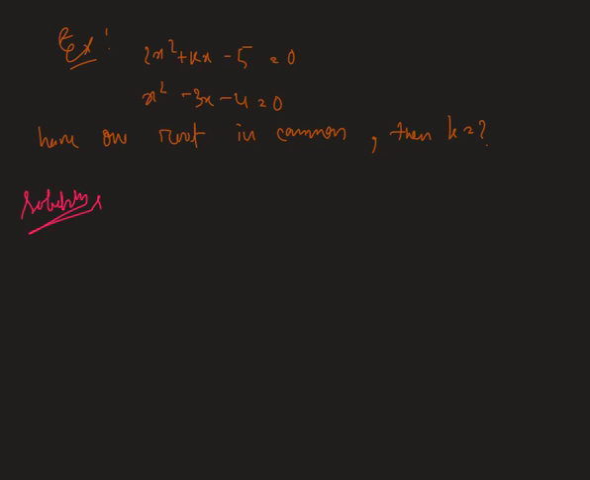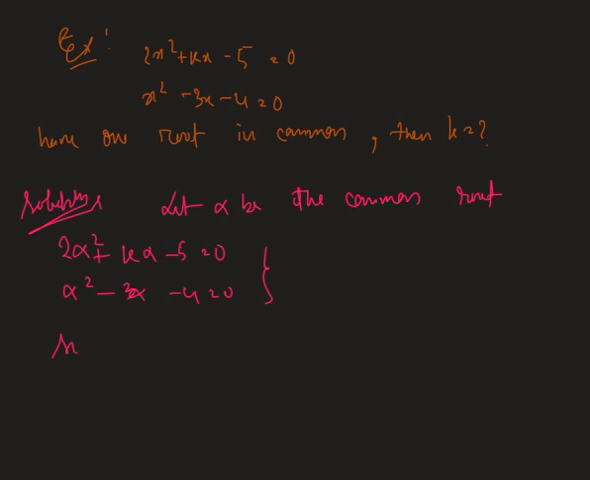Okay, let alpha be the common root of these two equations. Then we can write that 2 alpha squared plus k alpha minus 5 is equals to 0 and alpha square minus 3 alpha minus 4 is equals to 0. So solving these two equations we get